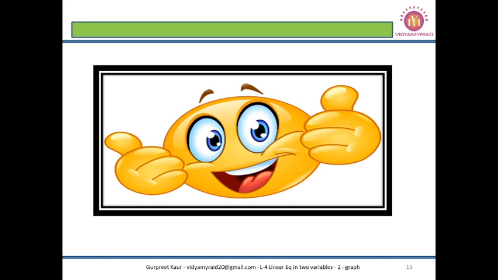I hope, children, you have understood the concept of how to plot points on the graph. Please do a lot of practice on this. Generally children get confused in the later part, where a single x or y value is given. Please do the practice. See the videos again if you have not understood, or you can even reach out to me in the comment section or mail me.